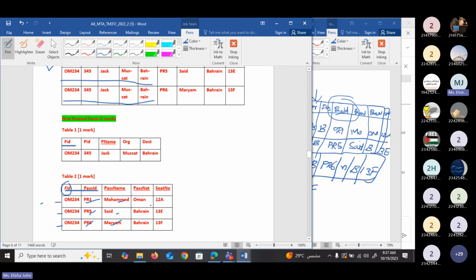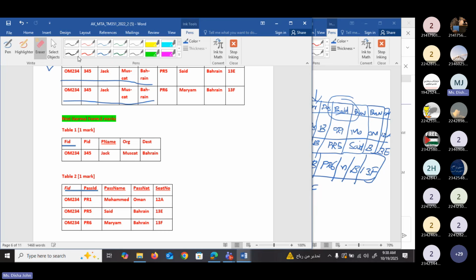In some tables, for example, let's say PR1 and PR6, here in the passenger ID column, I have two values in one column. So if you have a group of values in one column, it is not in 1NF. Do you understand? Yes. Okay, so these are the conditions that need to be followed for 1NF.